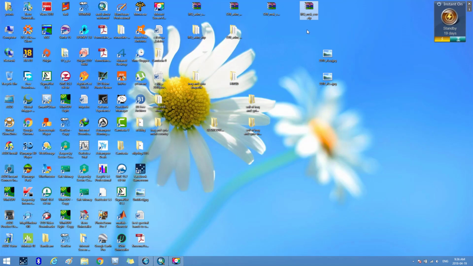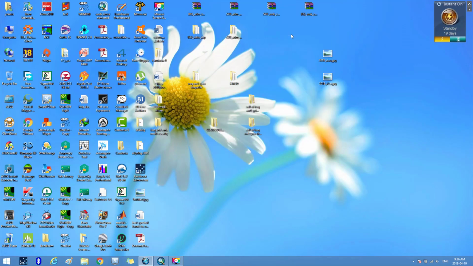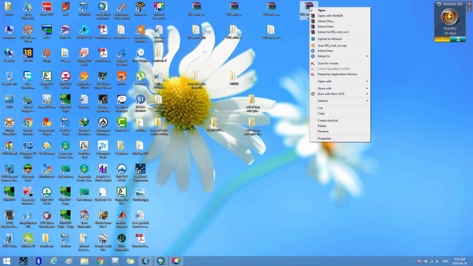Then we decompress them into new files, where we decompress the Syrian land cover Syria MSK group, then decompress the Iraqi land cover Iraq MSK group,